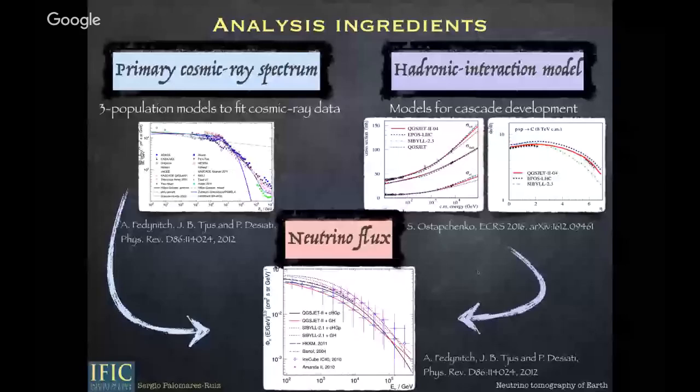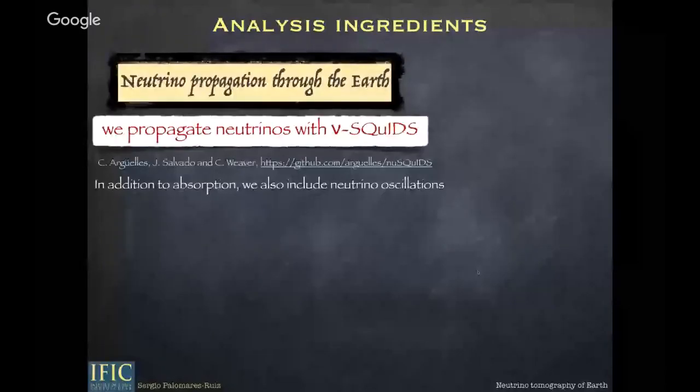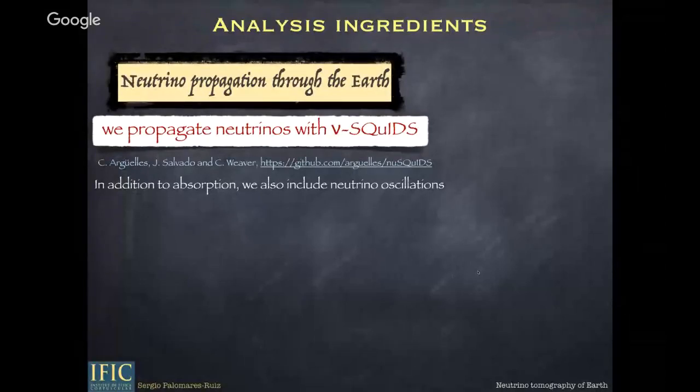And actually, that measurement of the neutrino flux can also help to reduce uncertainties on the primary cosmic ray spectrum and on the hadronic interaction models, apart from other measurements, for instance, from cosmic ray data and from LHC data, that are helpful to do that. Okay, so once we have the neutrino flux, and I'll come to the modeling of these and how this affects our measurements later on, we need to propagate neutrinos through the Earth to know how much of this flux is absorbed and how this is sensitive to the